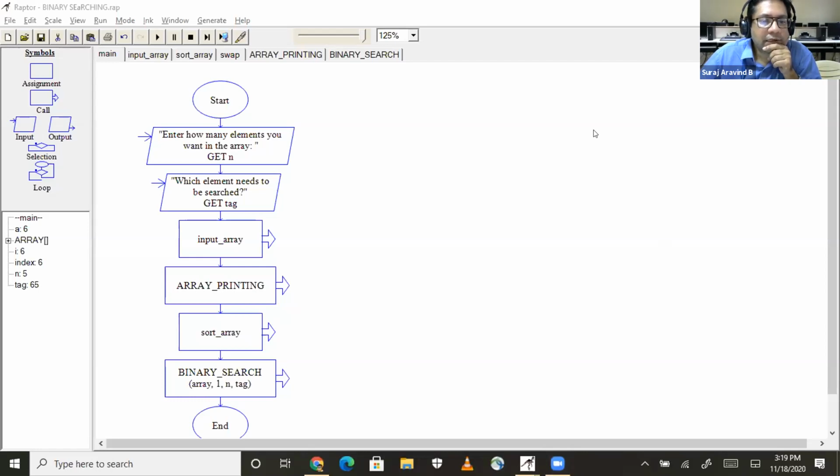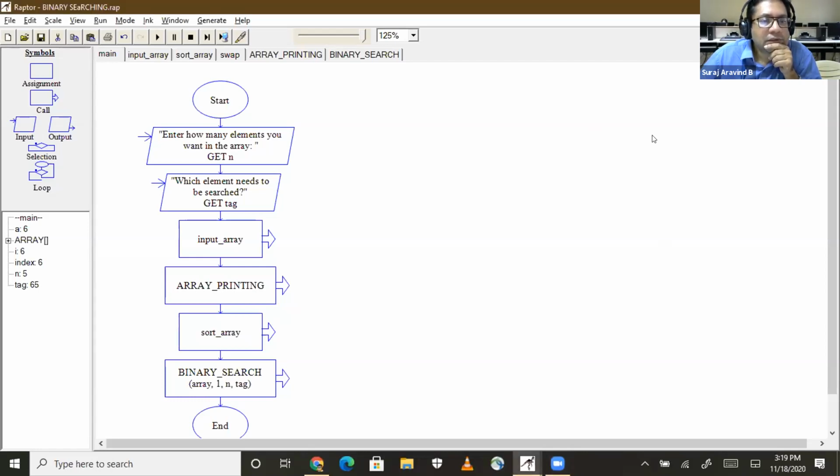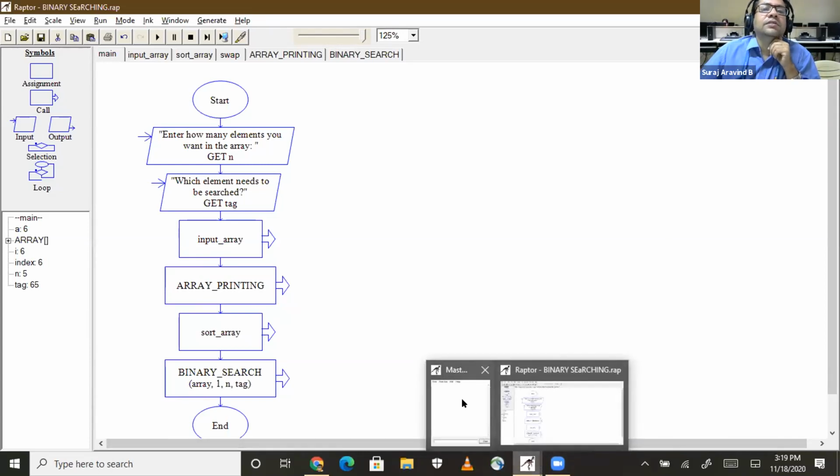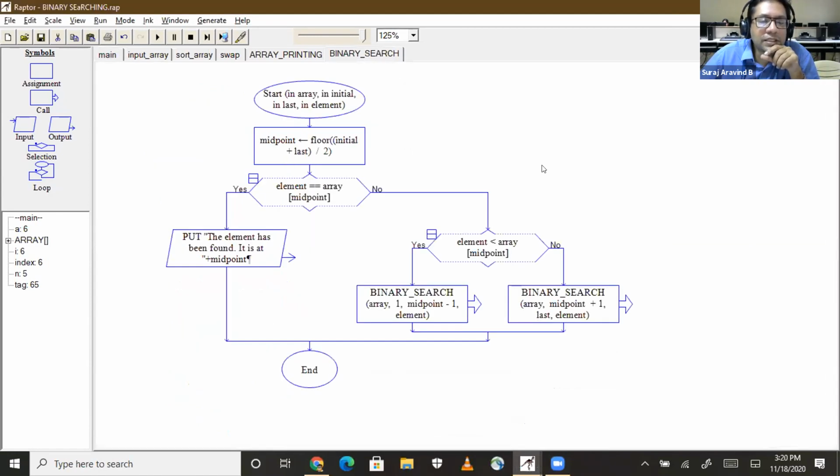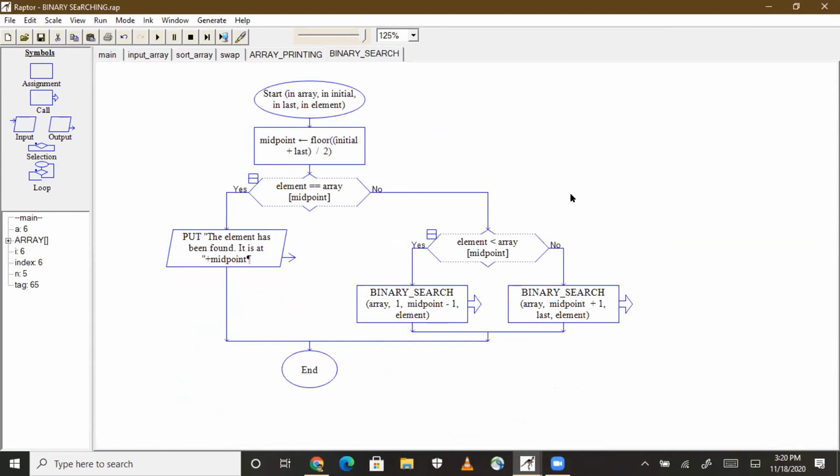So n, and whichever elements need to be searched, tag. Okay, open the binary search folder. Sorry, binary search procedure. Okay, now let us run the entire code.